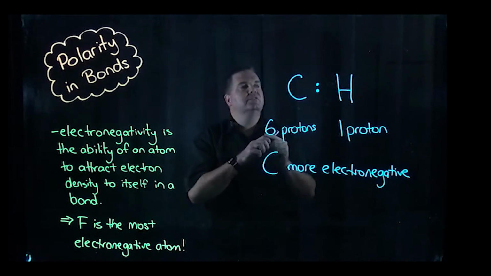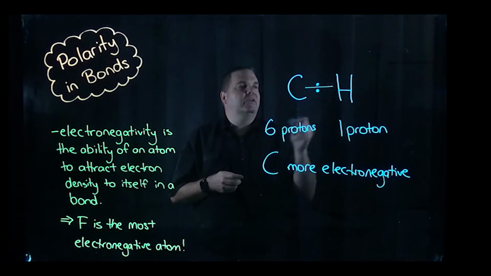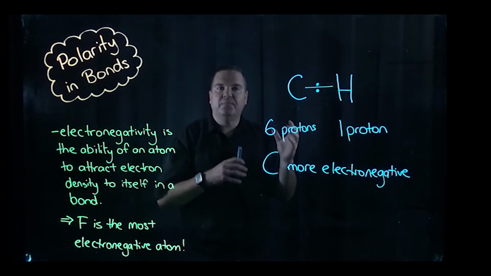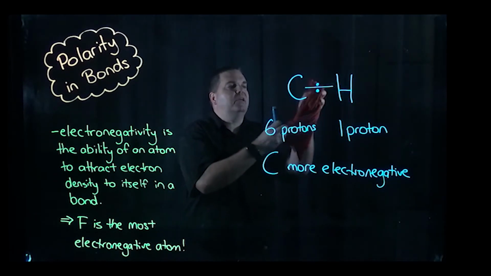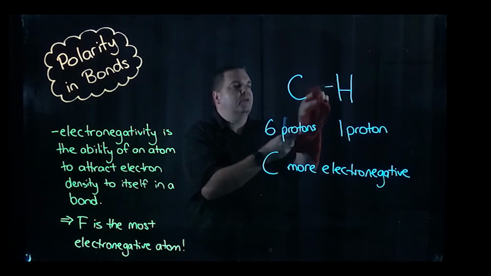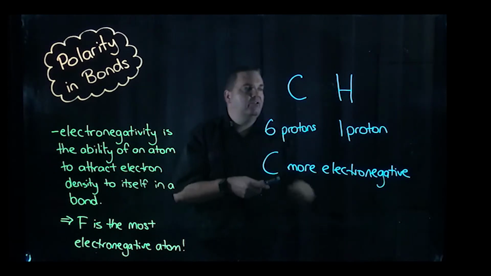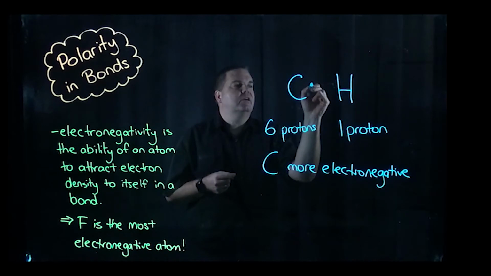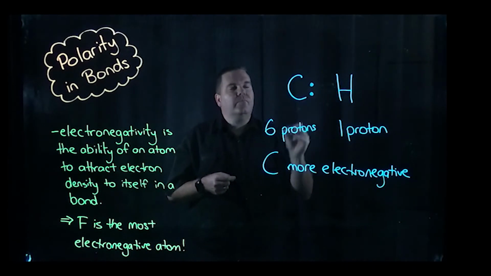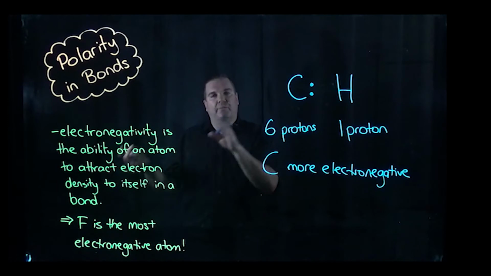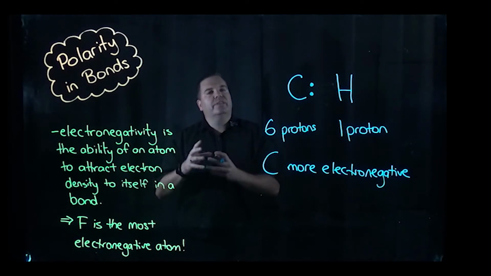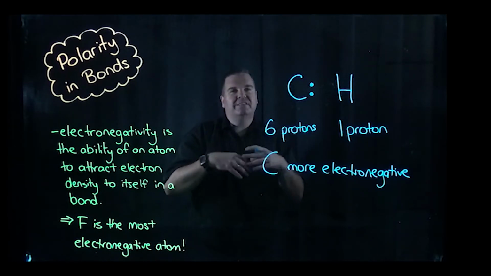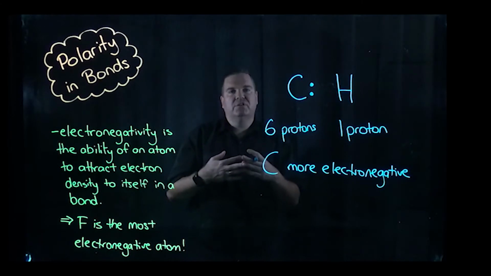So in a bond, okay, if we have our bond back in the middle here, the electrons wouldn't actually sit in the middle of the carbon and hydrogen atoms. They would actually be attracted over towards the carbon a little bit more. So instead of being there in the middle, they sit closer over here towards the carbon. Now, they haven't gone all the way to the carbon. They're not donated all the way over to the non-metal like they would in an ionic bond, okay? But they are closer to it. So what that means is that the carbon has a bit more of a negative charge than the hydrogen does,